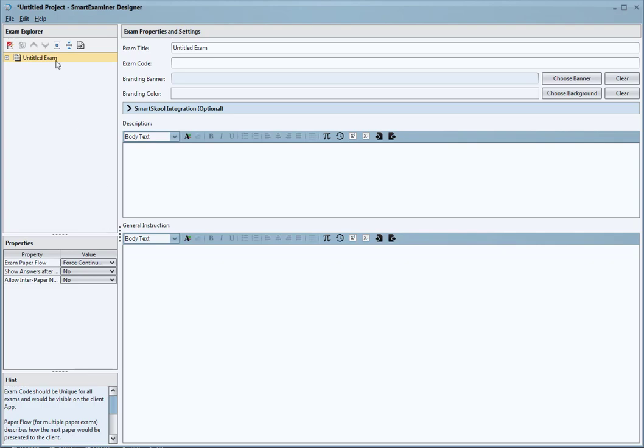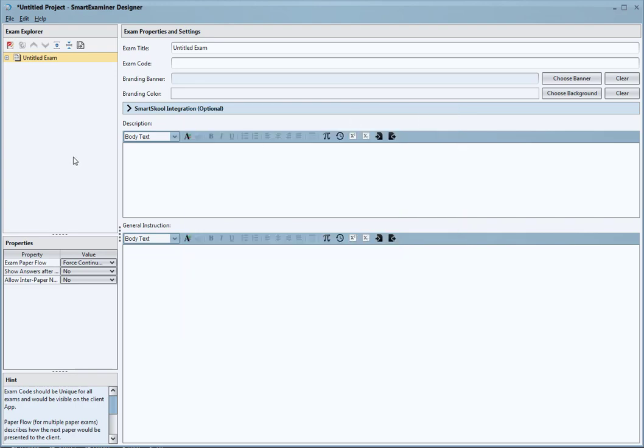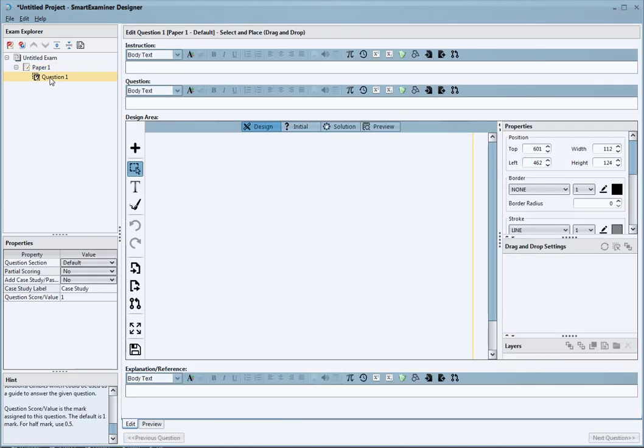This is the designer. You can see this is version 4, and it comes with a new question type, which is the drag and drop, select and place question type. So I'm just going to show you briefly how the environment is, and we'll look to explore the design tool itself